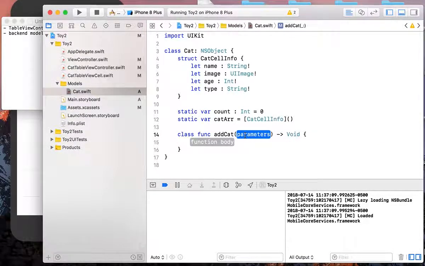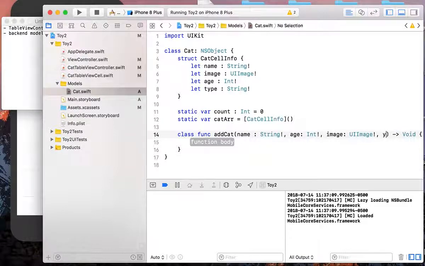For the parameters, first we want a name of type string, and also we want age, which is of type int, and also we want an image, which is of type UIImage,